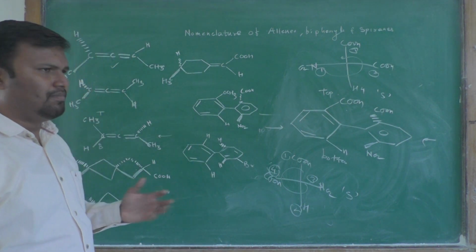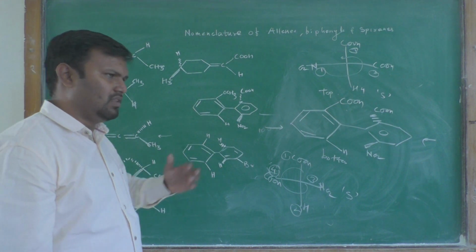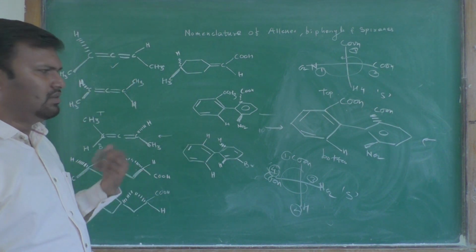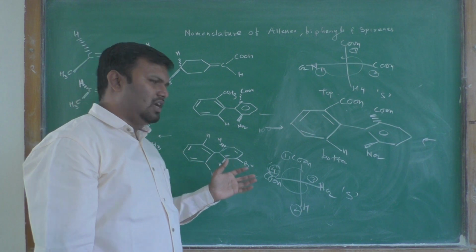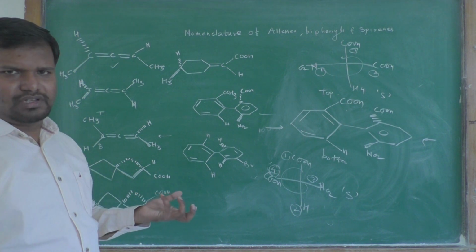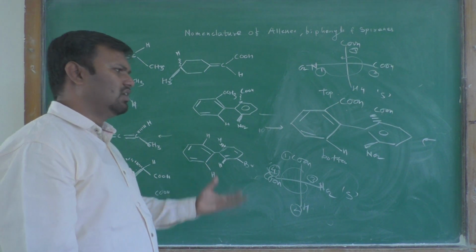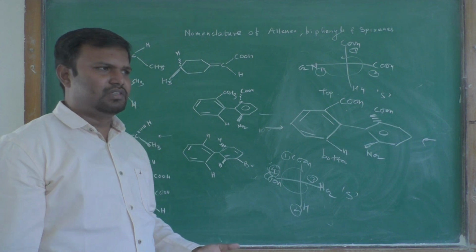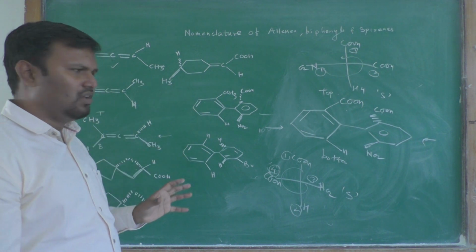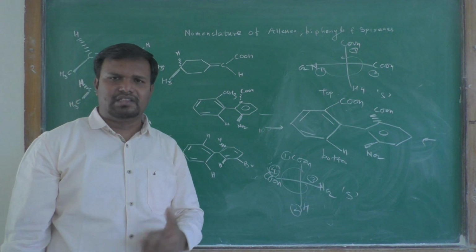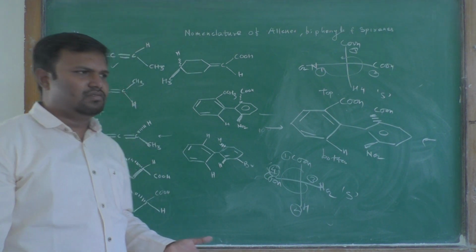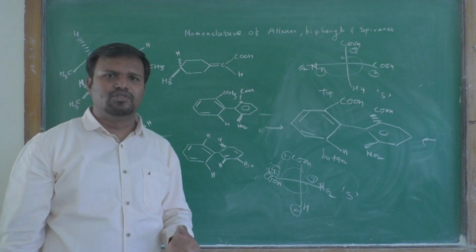I am taking both sides, how to give the nomenclature, we are looking from the left hand side and the right hand side. By looking from the left hand side as well as the right hand side of the molecule, the configuration will not be changed. If it changes, it means incorrect naming is given, or you represented the molecule in an incorrect way. Like that way you can also give the naming to this, in the same way. As with alkanes, as with pyrenes, in this case biphenyls also we can give the naming the same way. I hope you will get all these points. Thank you very much.